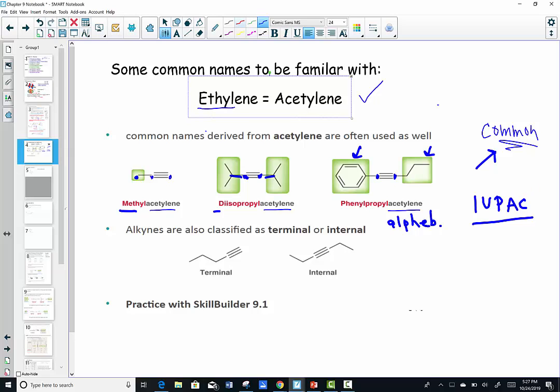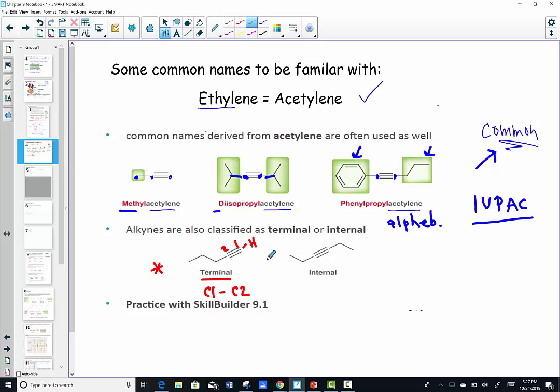Another definition you'll hear in this chapter is called a terminal alkyne. Notice the position of a terminal alkyne is at the end of a carbon chain. Between carbon 1 and carbon 2, there will be a triple bond. And that's very important because this particular hydrogen at the end of that triple bond is a very acidic hydrogen, and that will be part of the chemistry coming up soon with acids and